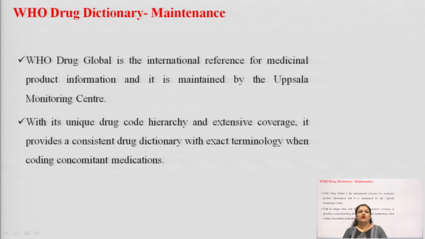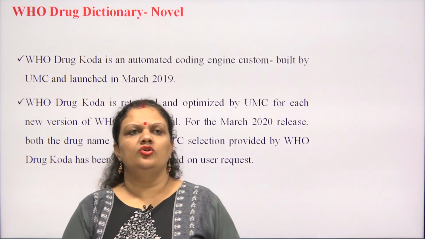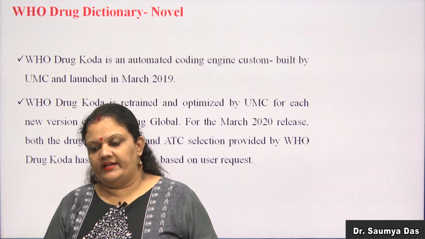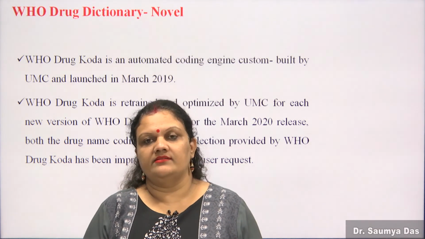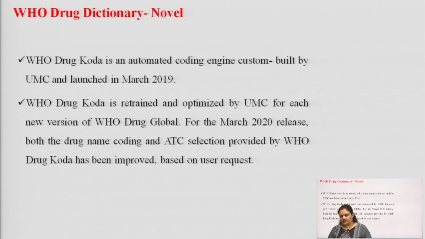treatment of their patients. When coding concomitant medicines, meaning when we are going to give a combination of 2 or more than 2 drugs, maybe 2 synthetic, or 1 semi-synthetic or synthetic formulation, or 1 herbal with the synthetic drug. Okay, concomitant medications. Okay, students. So, this is the CODA system, which is the novel WHO drug dictionary system. The latest version is March 2019, then we have the March 2020 release, and this release will be available upon user request. So, this is all about it.